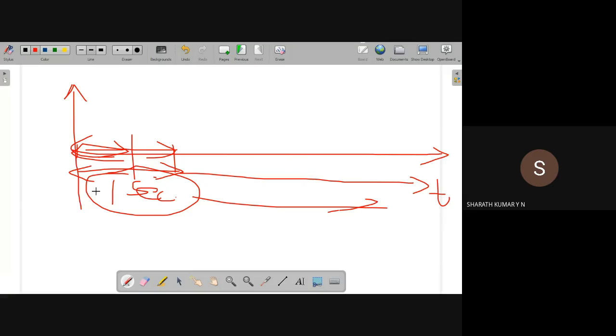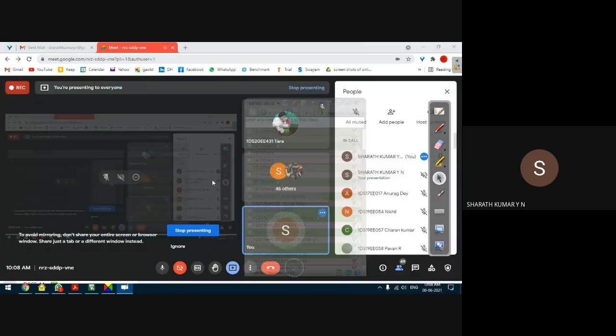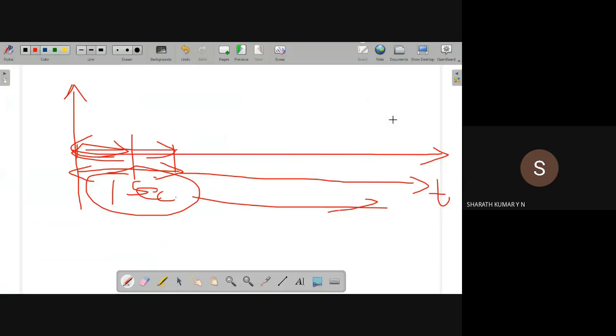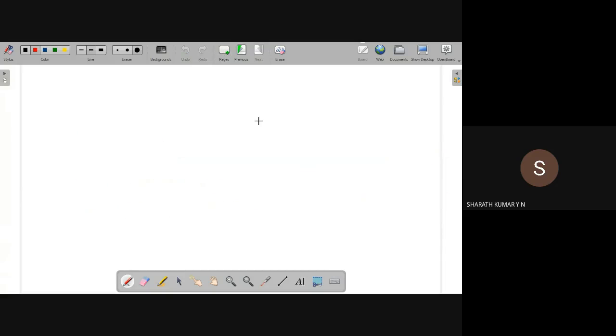There is a standard way of measuring time. All our activities, for example this class, is between 10 to 11, so there is a time. Whatever activity we do in our daily life is with respect to time. We don't have any alternate to time. So for our activities conducted in the microcontroller or microprocessor.